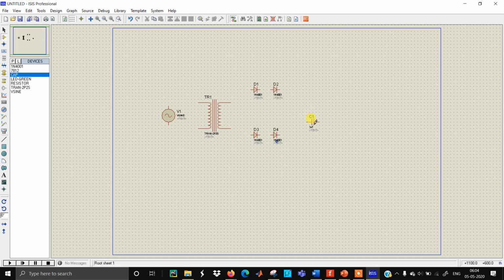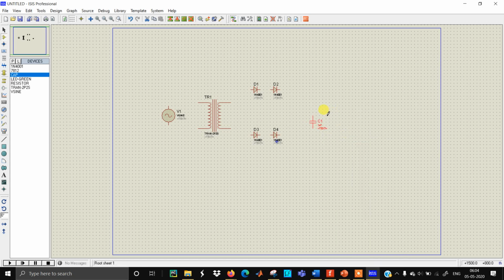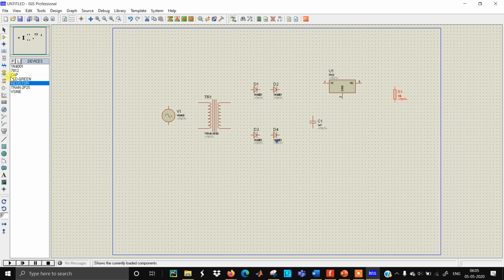Rotate this capacitor. Then voltage regulator. Then the resistor. Rotate the resistor also. And then at last the LED. So now we need to connect all this.